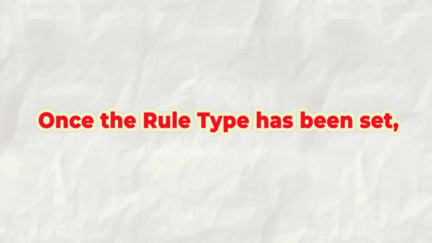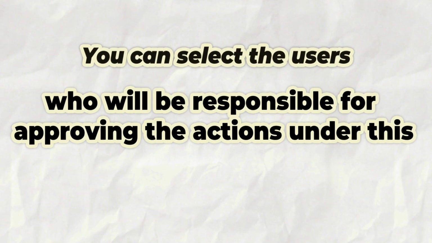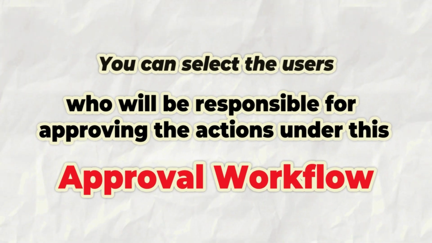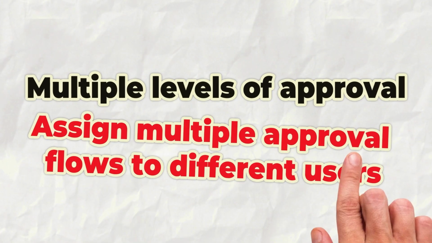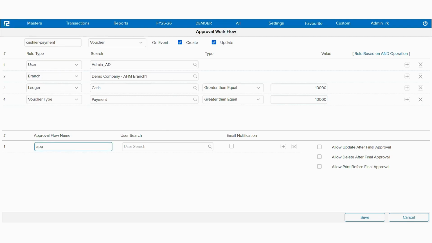Once the rule type has been set, you can select the users who will be responsible for approving the actions under this approval workflow. If you want multiple levels of approval, you need to assign multiple approval flows to different users. For example, name the first approval level as Approval Level 1, First Approver, and select the user who will